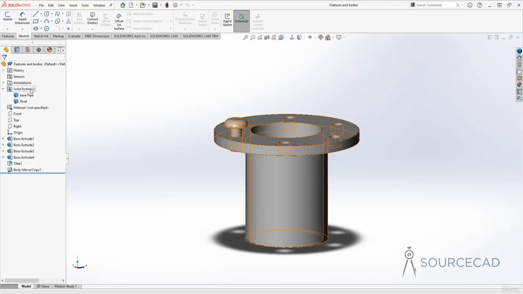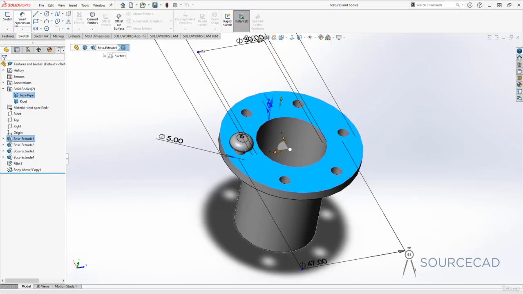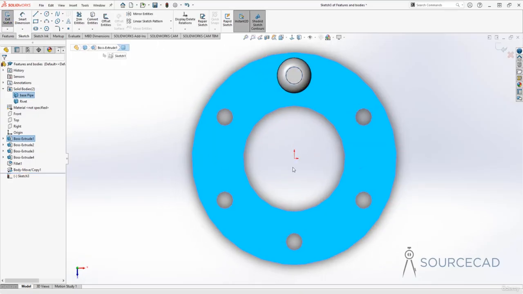Now this folder will only show up when you have more than one body in a part file. If you just have one single body, it's not going to show up here in this list. Now in this drawing, I will add more features and I'll show you the difference between bodies and using the direct feature here. So I'll start with this top plate and I'll select sketch, and here I'll just make a